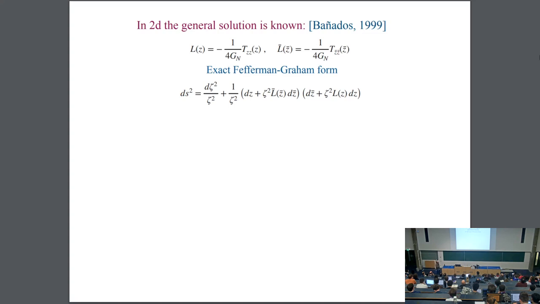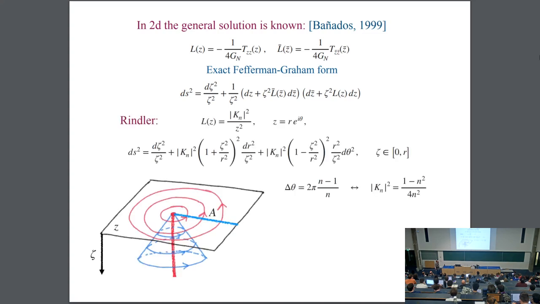So this is great, because now we can just analyze this metric for the particular boundary energy momentum tensor that I described for you. Let me start with the simplest case, and I will end very quickly after that. The simplest case is Rindler, which is just, again, a half line in the 2-dimensional case. So the metric has this form,